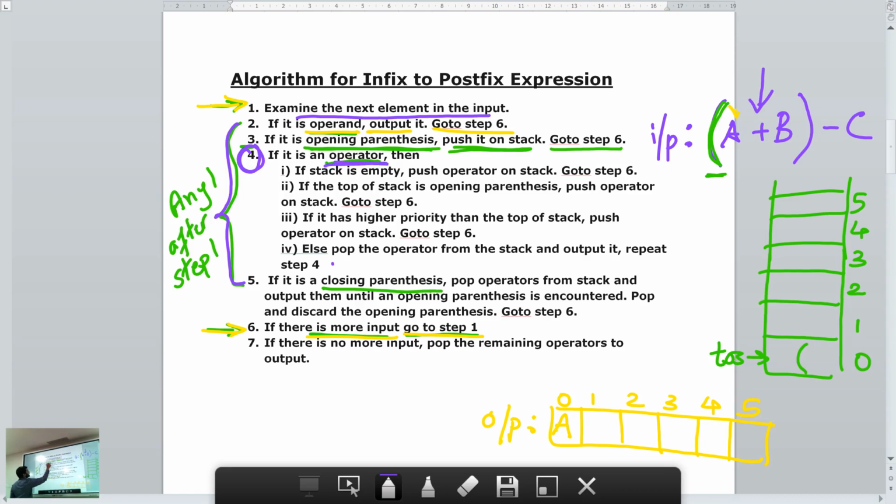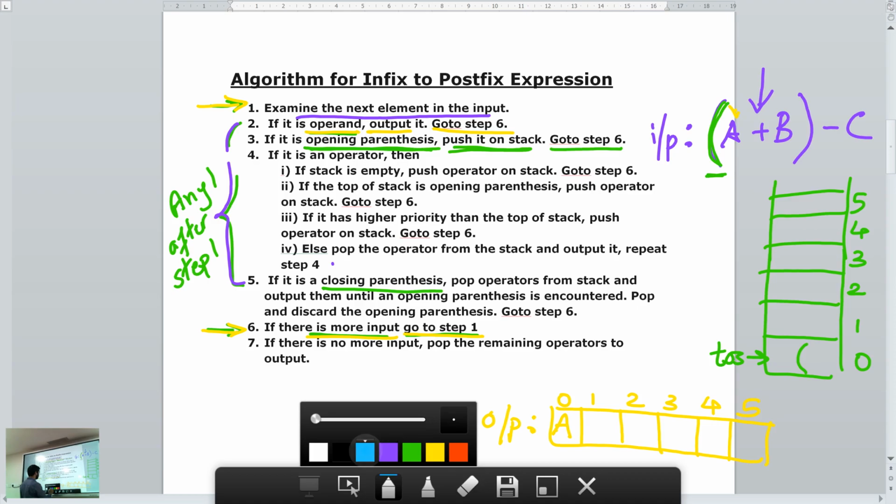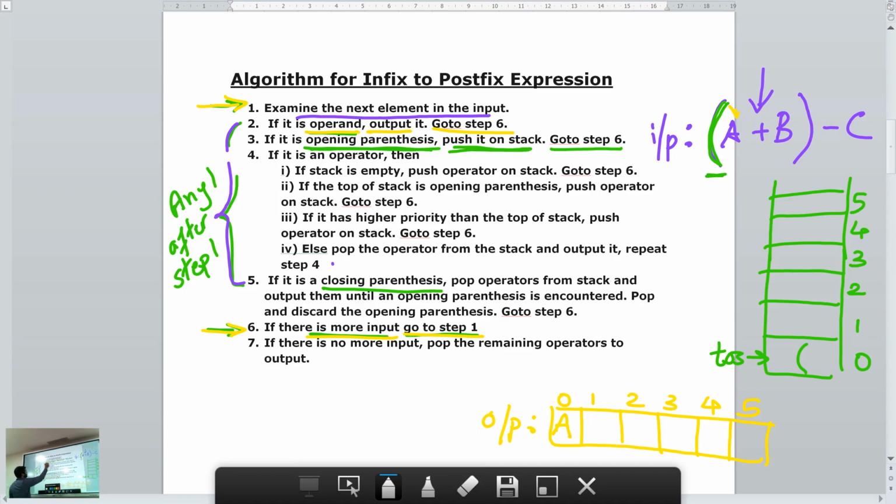Read this now. Step 4 has 4 sub-steps. So we have to identify which of the sub-steps we have to apply. Our input is plus.